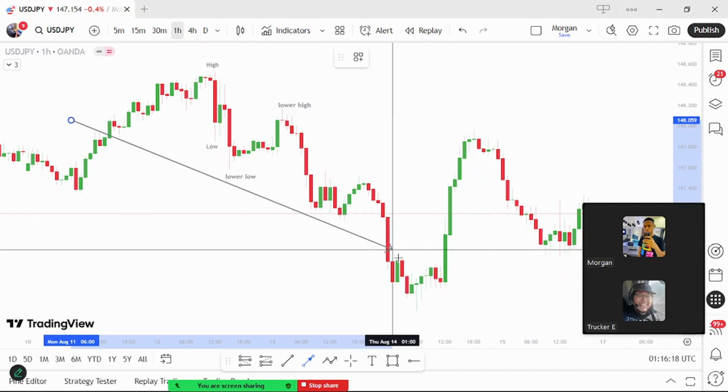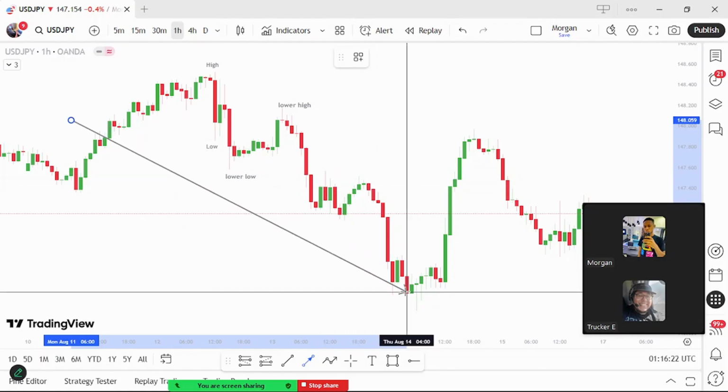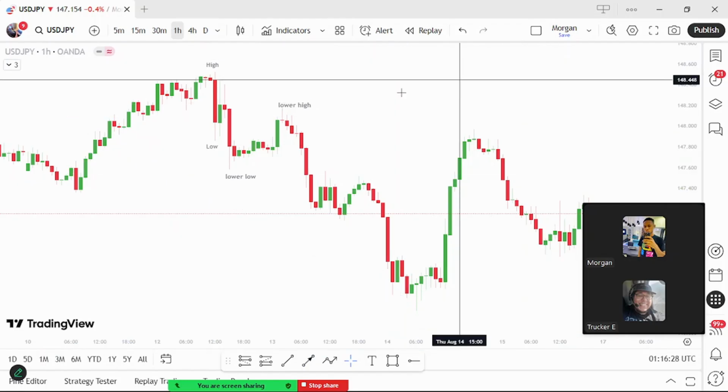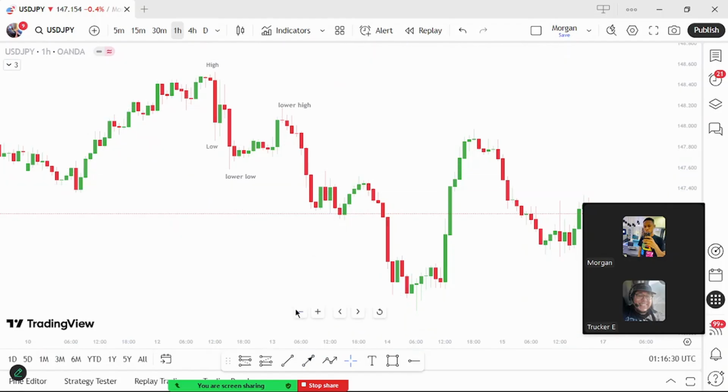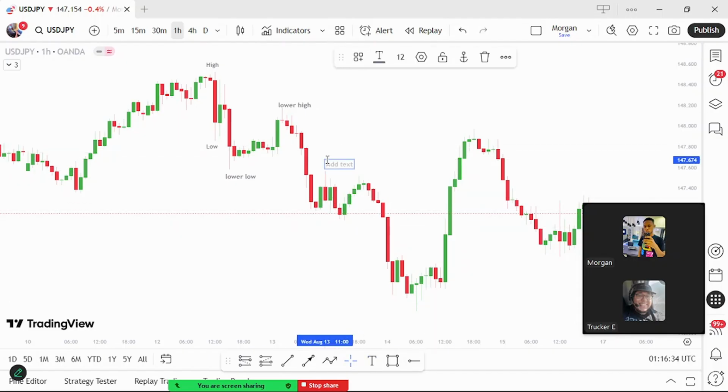I think I shared this trade on the group, on the playouts as well. This was a sell. I shared it there, made a new low. So now we understand that price successfully made lower high, lower low, lower high, lower low, lower high, and